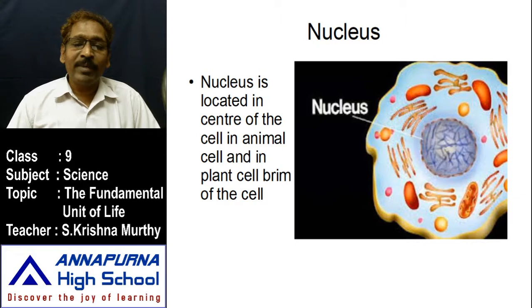This two layered membrane is made up of proteins and lipids. The outer membrane has proteins and lipids, and the inner membrane also has proteins and lipids. This membrane is known as the nuclear envelope. What is this? Nuclear envelope. Where is the nuclear envelope? The nuclear envelope encloses the whole nucleus.